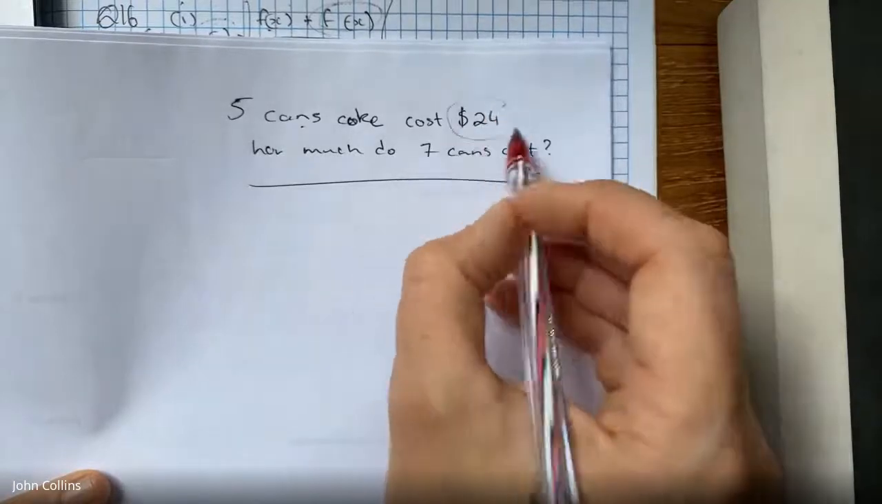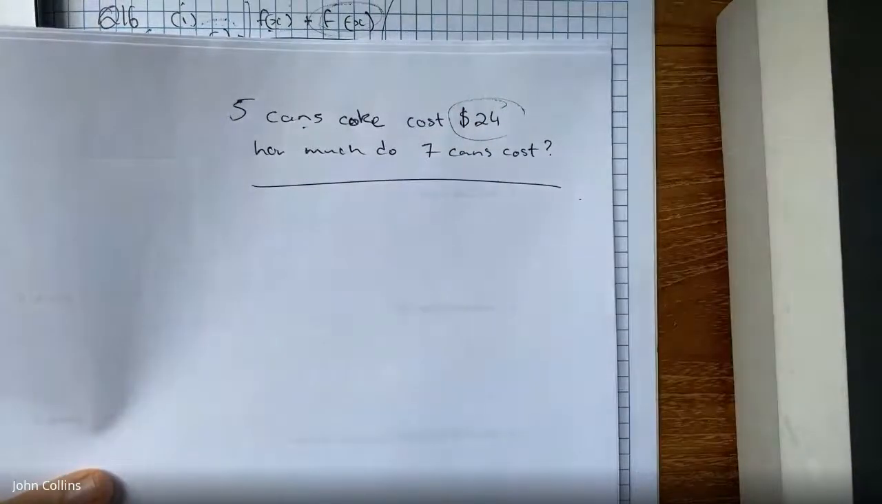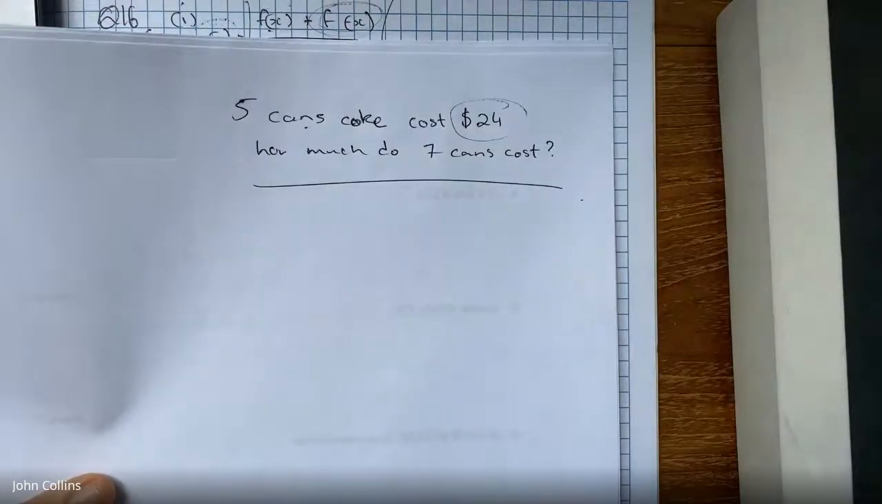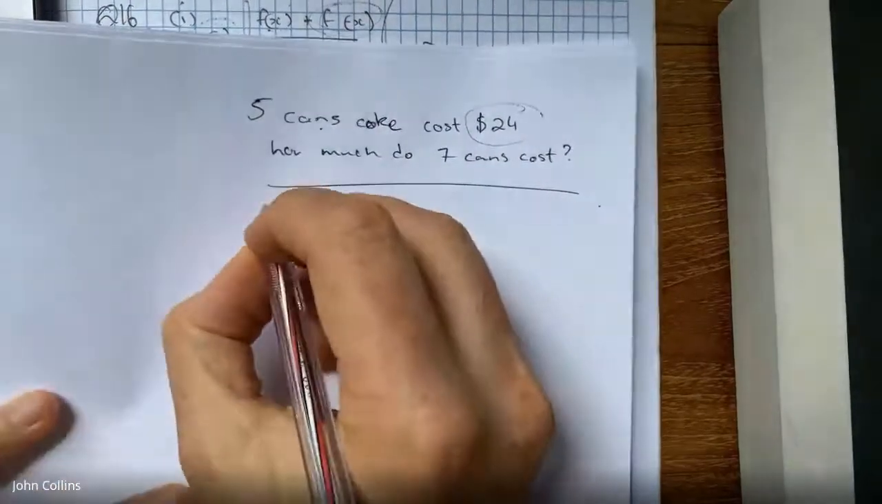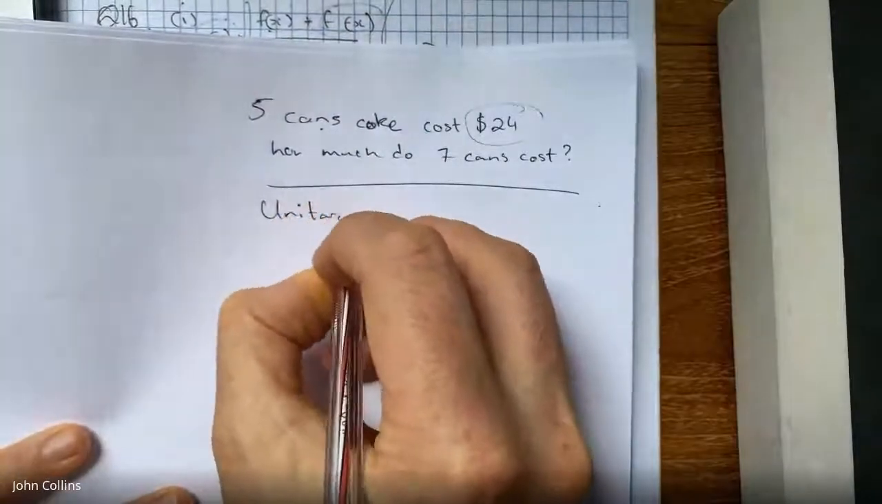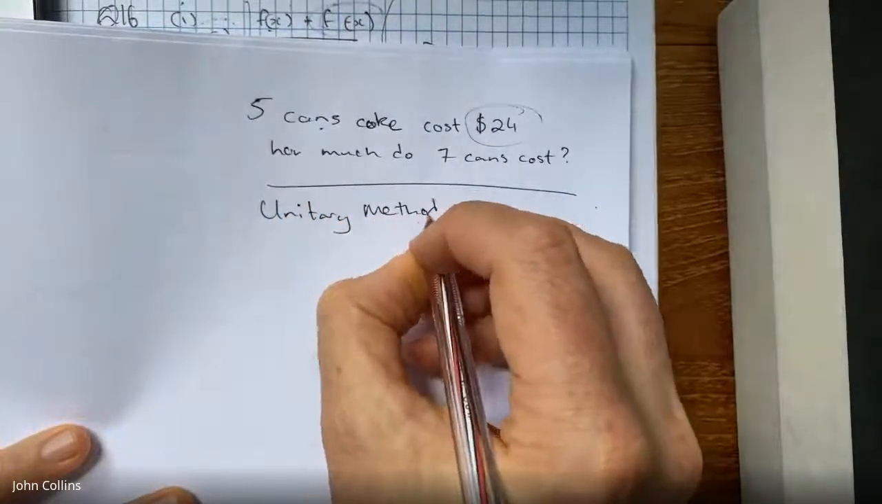Well, first of all, I should recognize that 7 cans is going to cost more than 5 cans. More cans, more price. That should make sense. So if I'm thinking proportionally, again, $168 seems a little bit too much more. Okay, so what I'm going to use is the Unitary Method, which is a fancy way of saying how much